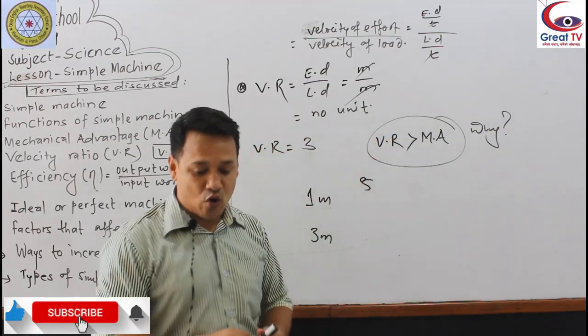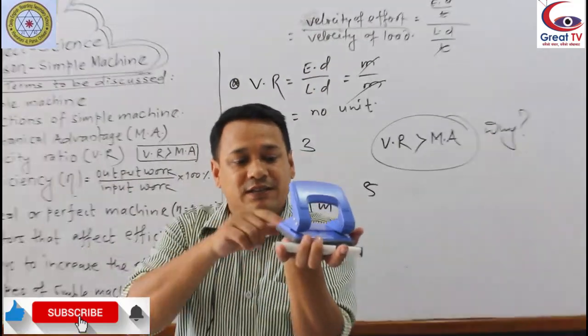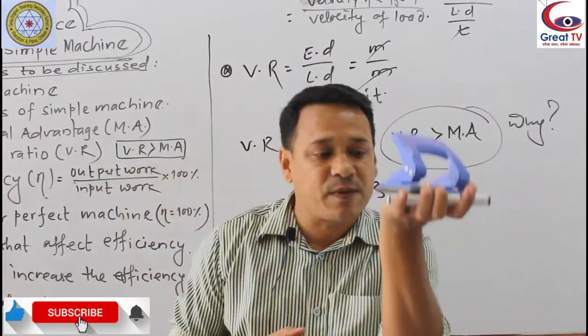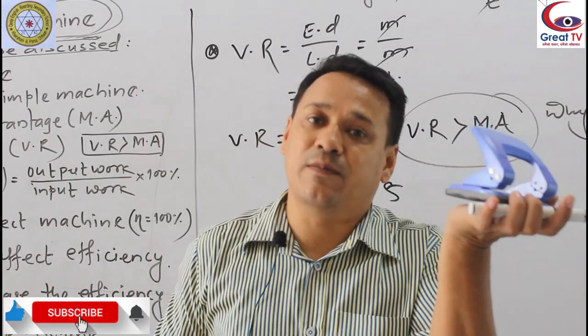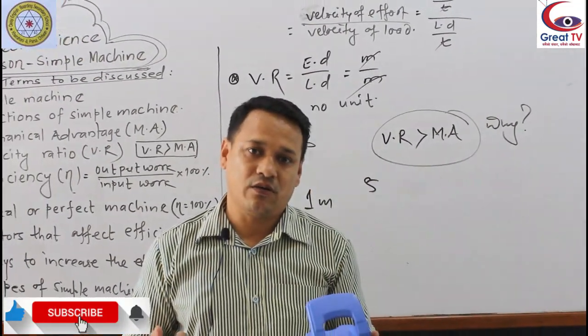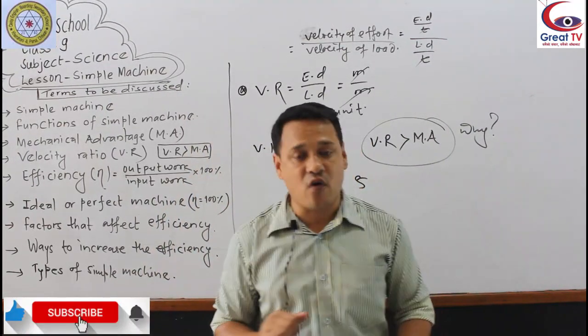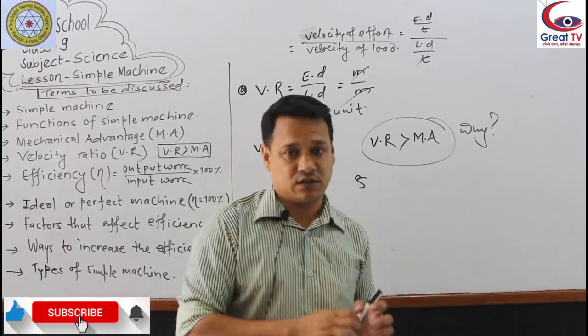I mean, there is the load. Let's say a heavy load, when you keep it over a surface, gives pressure on the surface area. At that place, friction develops. This load creates friction over the surface. So this mechanical advantage, which is related to the load and effort, is affected by friction.